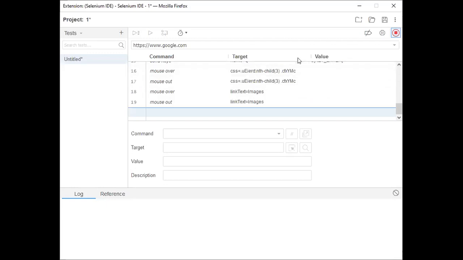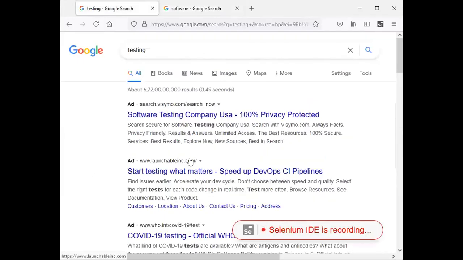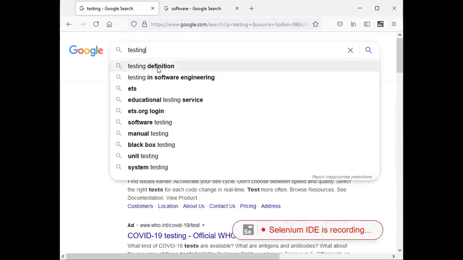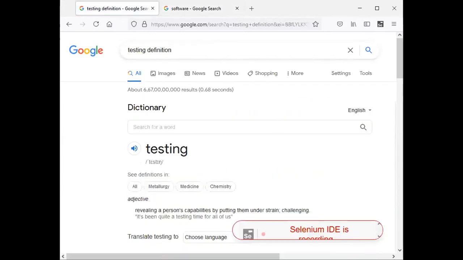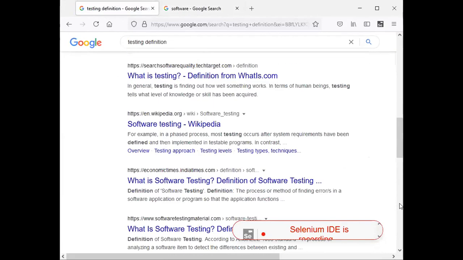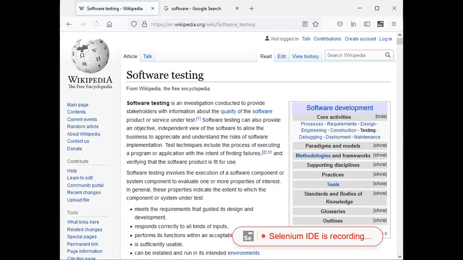Why? Because it is being called up and taken into consideration up to this one only. Means what we are sharing here, this testing only. So if I want to take another one, if I want to know the definition of testing, here just click on Wikipedia. Let's see whether it is recording or not.